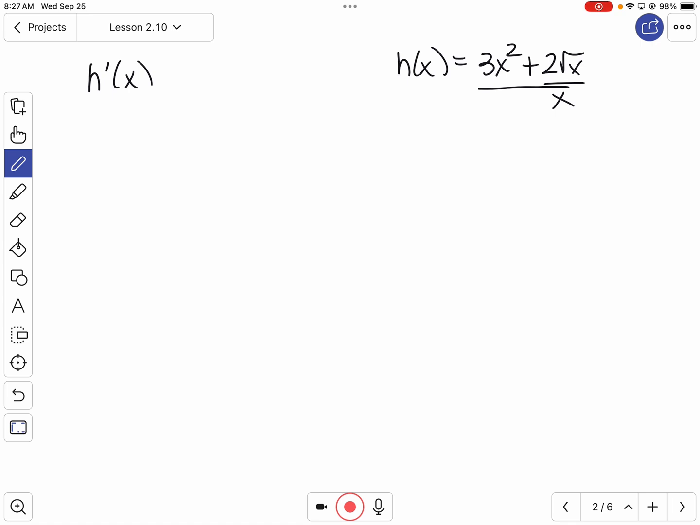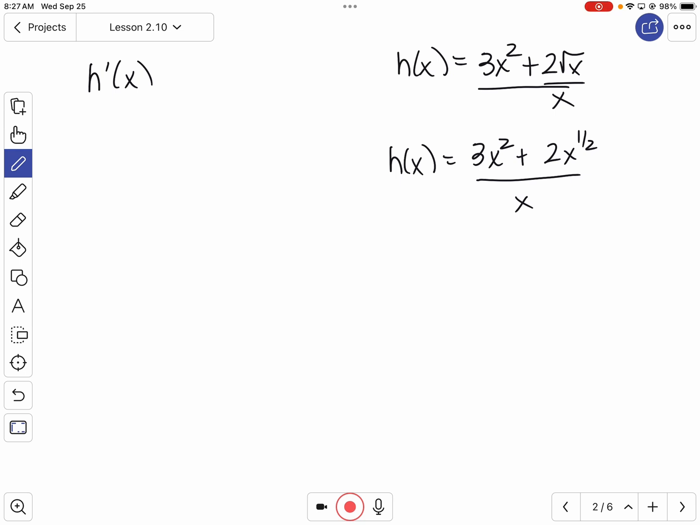A couple of things we could do. We could use the quotient rule, but I think I want to simplify a little bit before I do that. So I have 3x squared plus 2x to the 1/2 all over x, okay? Since it's just a monomial on the bottom, I'm going to divide each thing in the